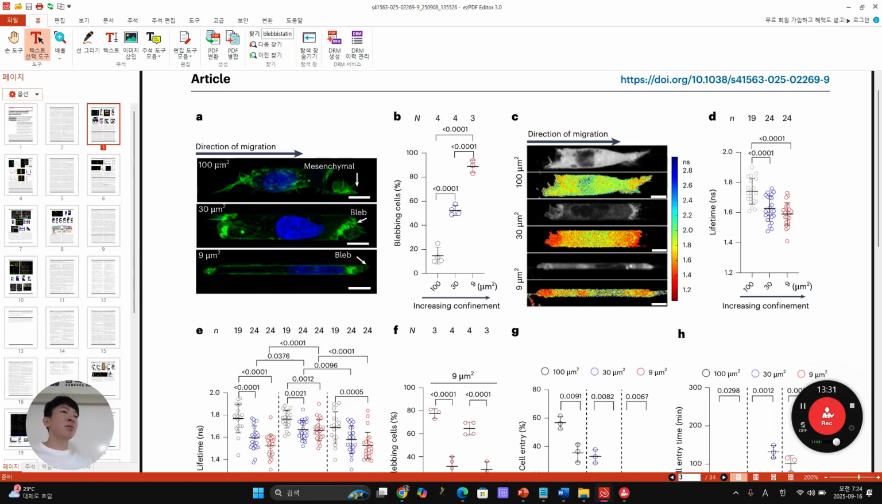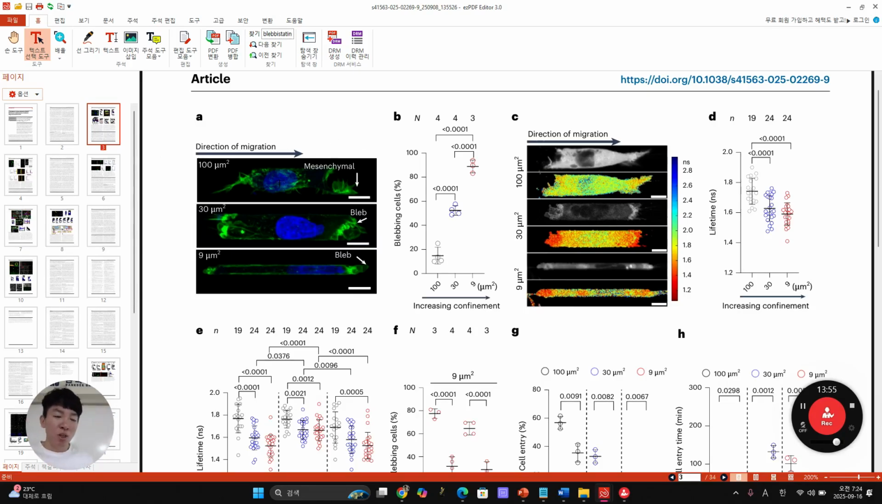But there, this cross section area is 100 micrometer square. It's like 10 multiplied by 10. 30 is 10 multiplied by 3. 9 is 3 multiplied by 3. This is the most confined microenvironment, while 100 is almost less confined, right? So going down, this more confined area, from left to right, all the paper, this is the direction of migration,